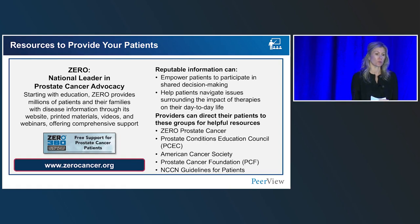So just to review some resources to provide with your patients, and we talked about ZERO, which is the national leader in prostate cancer advocacy. ZERO provides millions of patients and their families with disease information. So there's websites, there are printed materials, there's videos. So I encourage you to check that out,